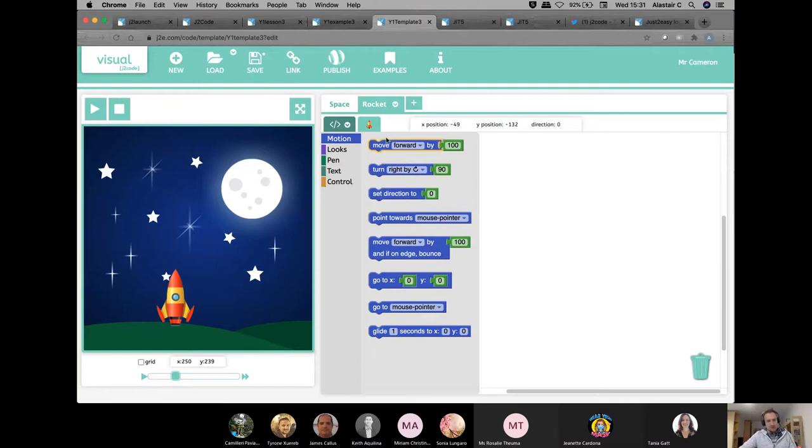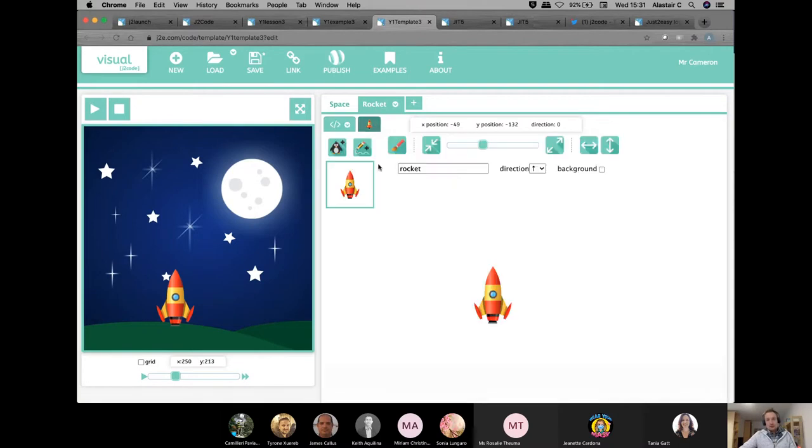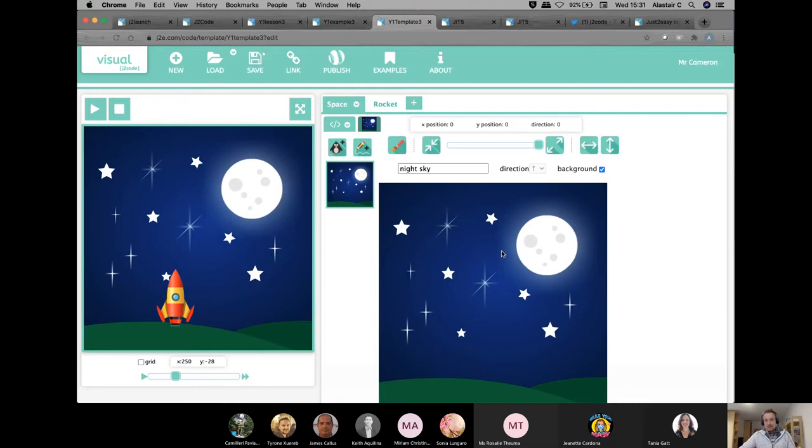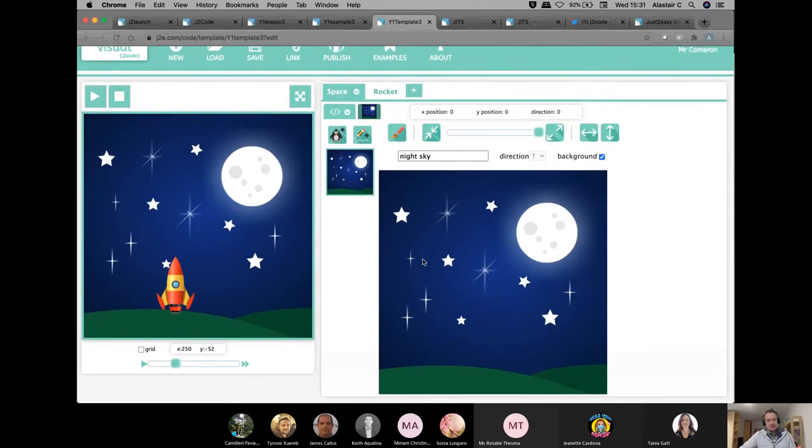So all of this has been set out for you, firstly with the sprite, which is the rocket. So the sprite is there, which is the rocket. And also what's been laid out for you in this lesson is the background. Artwork that's all been provided, ready to make it a fun activity that's visually stimulating.